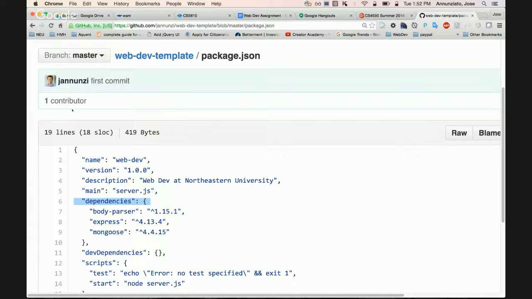So when I then publish my project up to the cloud, to my remote server, the remote server is going to open up this package.json and say, I need to install Express. I need to install all these libraries. If it doesn't find it here, it will not install it, and it will fail. It says, I can't find this library, I can't find this, that, or the other. Everybody okay?